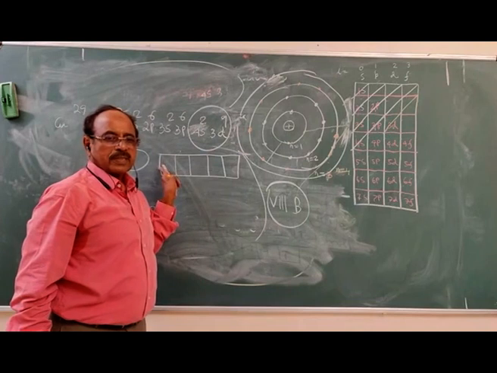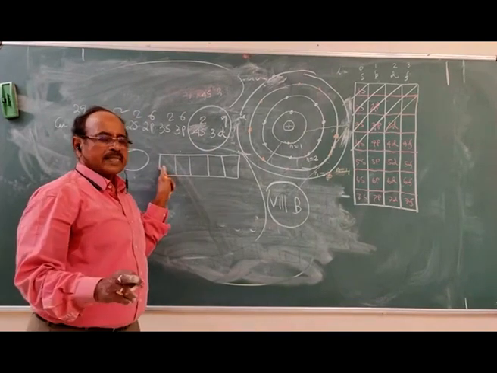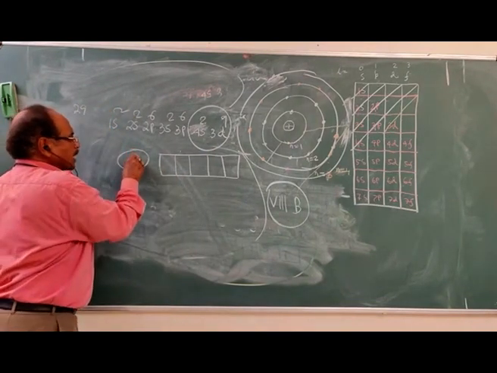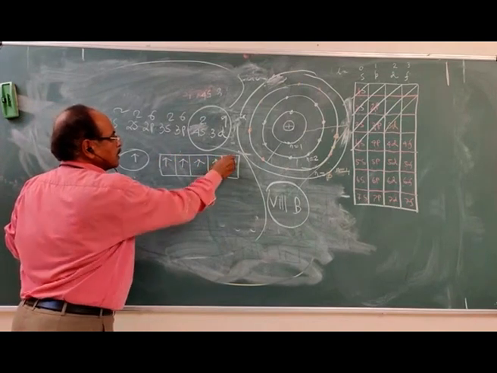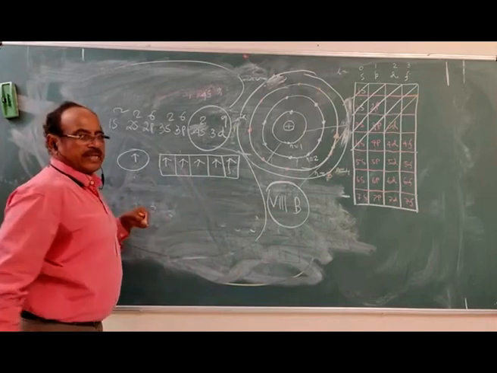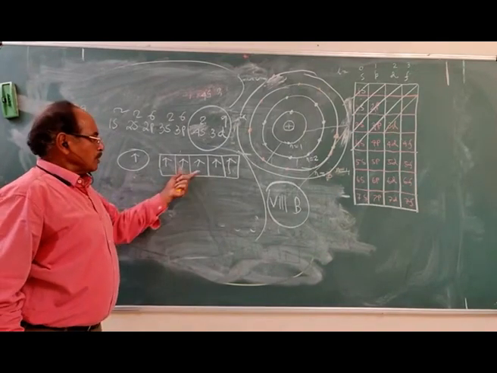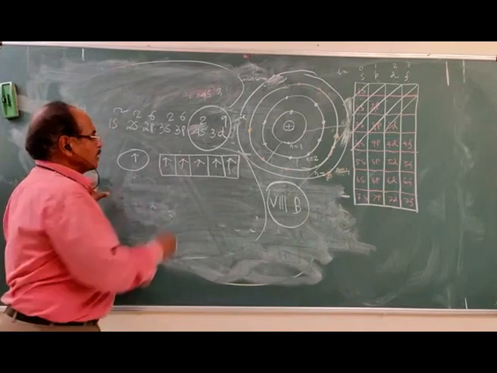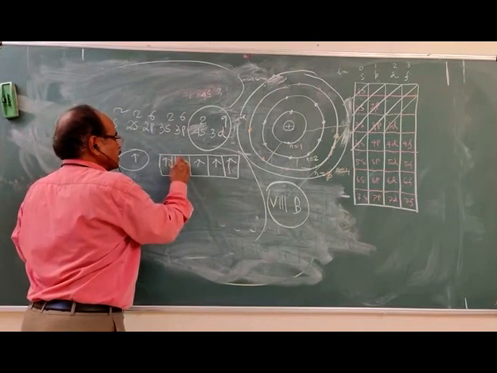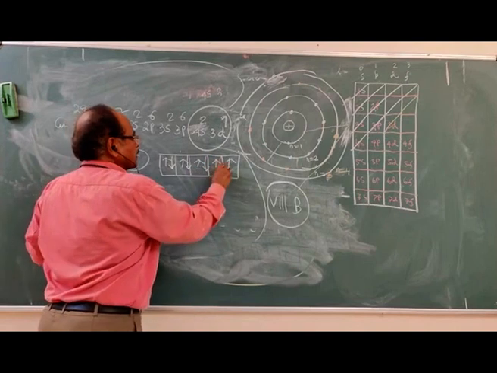We have 6 orbitals. What does Hund's rule say? All the orbitals will have 1 electron each. So we gave 1 electron to each. Then how many electrons remain? 5 electrons. Now if you give these 5 electrons to the d orbital, then this becomes